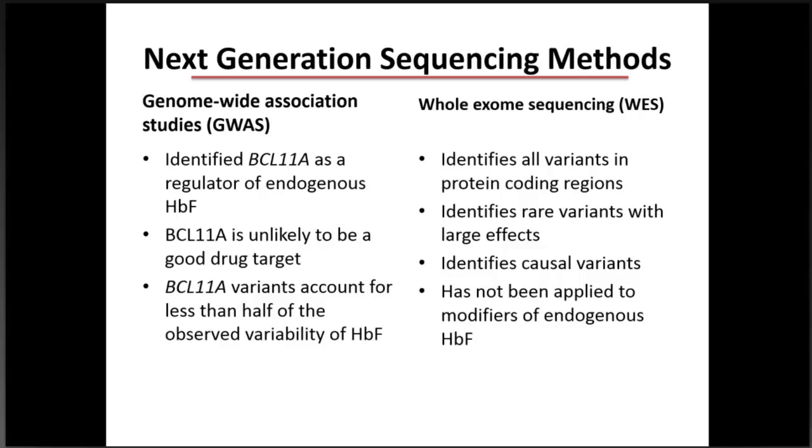However, BCL11A has a lot of functions in the cell and does not appear to be a good drug target. So it'd be very difficult to downregulate BCL11A with any other method than gene therapy. And even then, you'd have to target the erythroid-specific part of BCL11A. BCL11A variants were fairly common. About 20% of the population has them, which allowed them to be identified by genome-wide association studies, which detect common